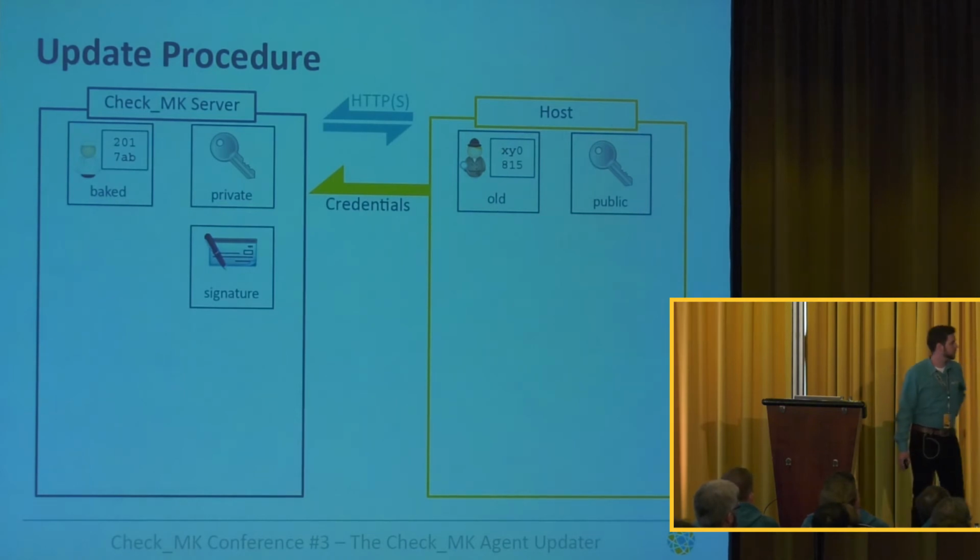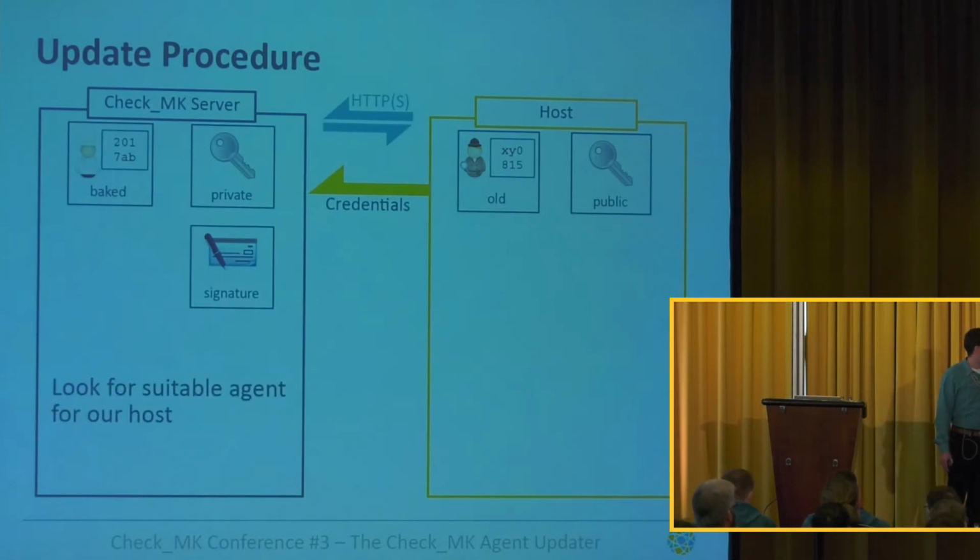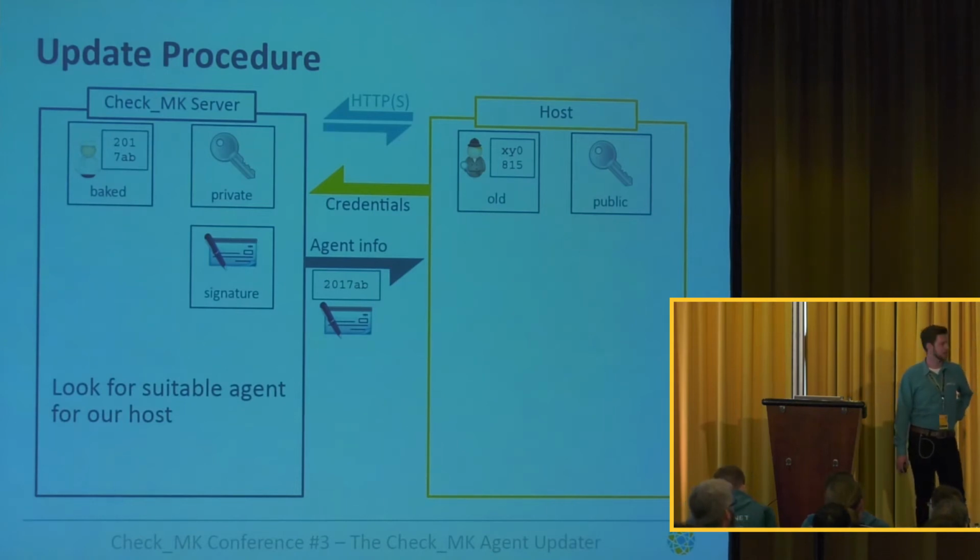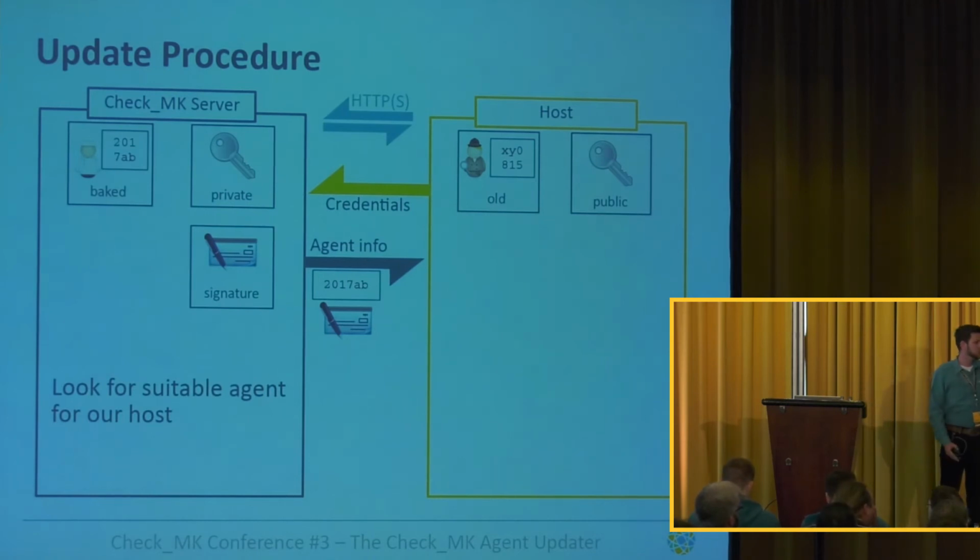And of course, the update is now only starting, so the host is now telling the checkmk server, giving it the access code. That's the secret we were talking about earlier, and some other information, name for example, mainly the name actually. And the checkmk server then checks, okay, do I have a new agent, or do I have an agent at all for this host? In this case, for this baked agent, it does find it and says, yes, I have an agent for you with this hash. So this is 2017 AB in this case,